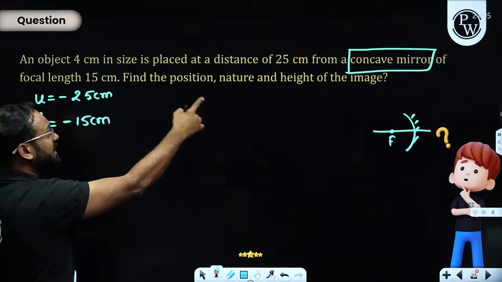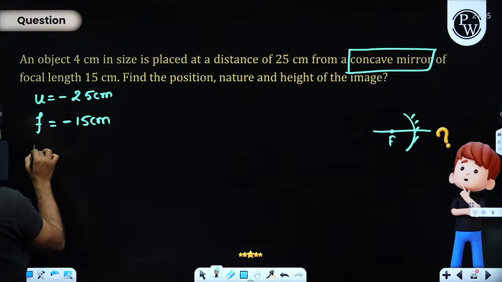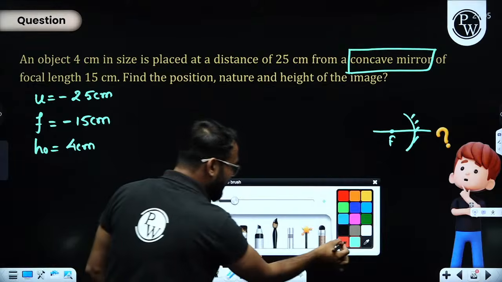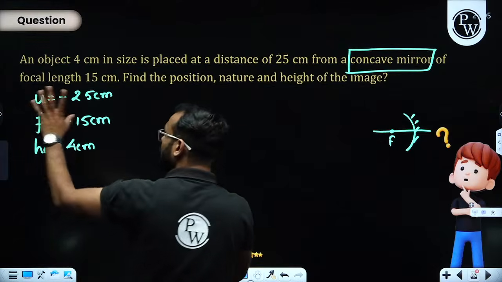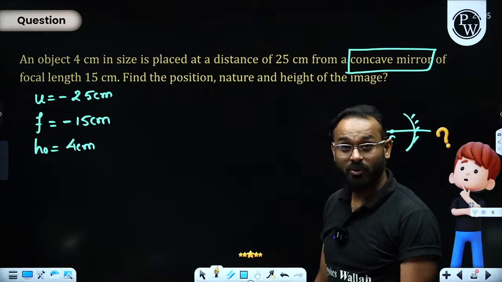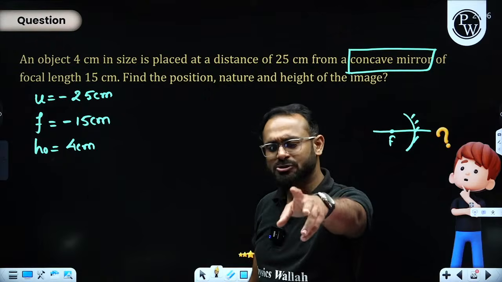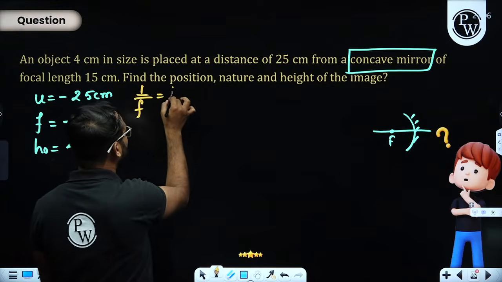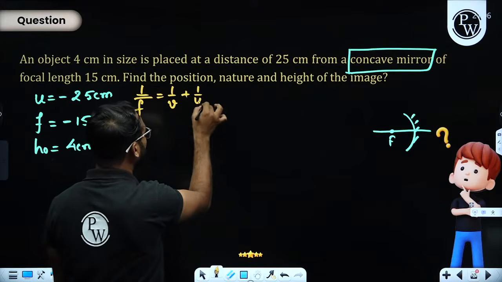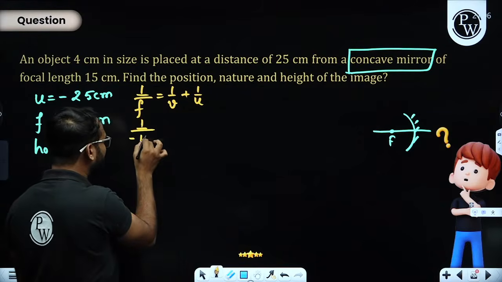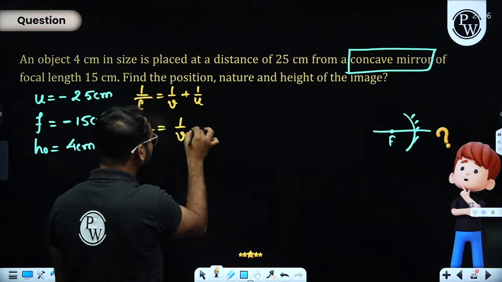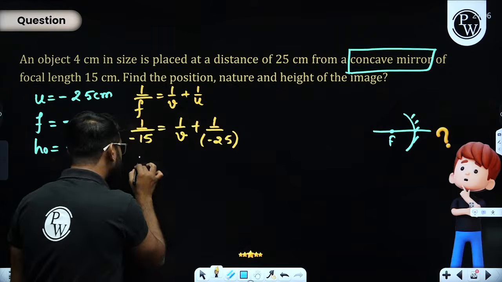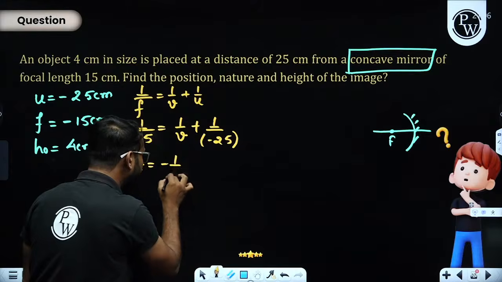So find the position, nature, and size of the image, and the height of the object is also given. How much? Sir, 4 centimeter. How to solve? First of all, I'm going to calculate the value of V. You also try. Solve in your copy and get the answer. 1 by focal length is equal to 1 by V plus 1 by U. So 1 by focal length is minus 15, that is equal to 1 by V plus 1 by minus 25. So 1 by V is equal to minus 1 by 15